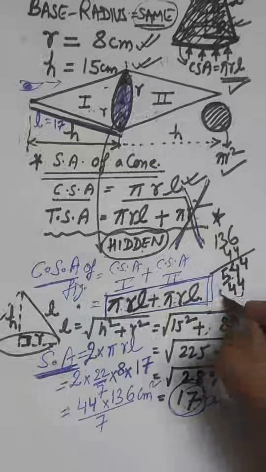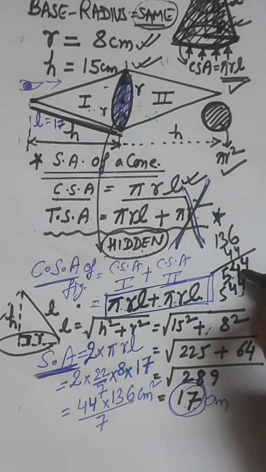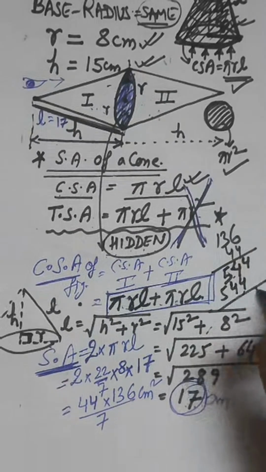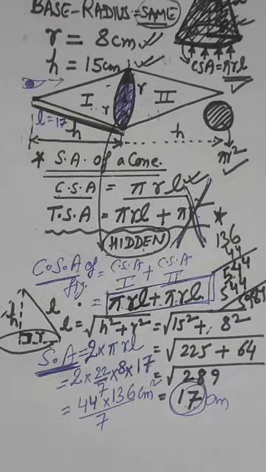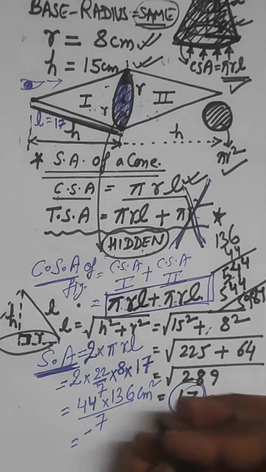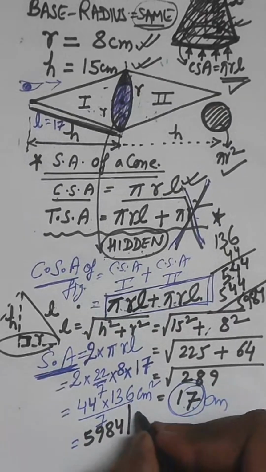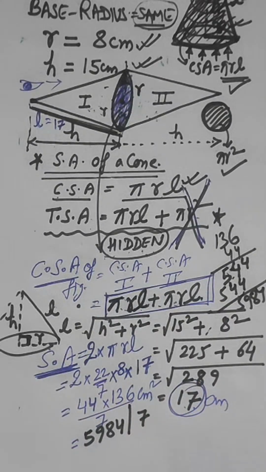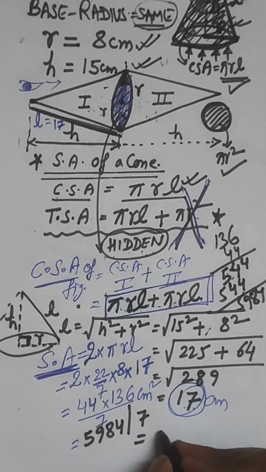Again, this will be repeating. So 4 4 5. So this will give you, yeah, this will give you 5984, right? So this will be giving you 5984, and this divided by 7. So this will give you the final answer as